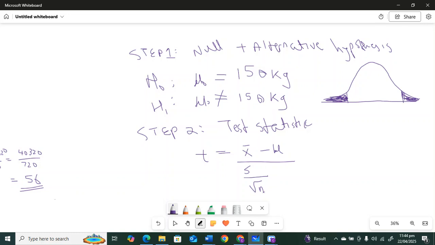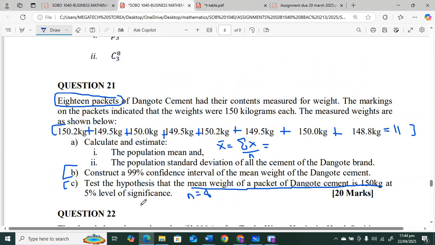Sometimes one can start by getting a critical value. Remember, colleagues, with a 95% confidence level,